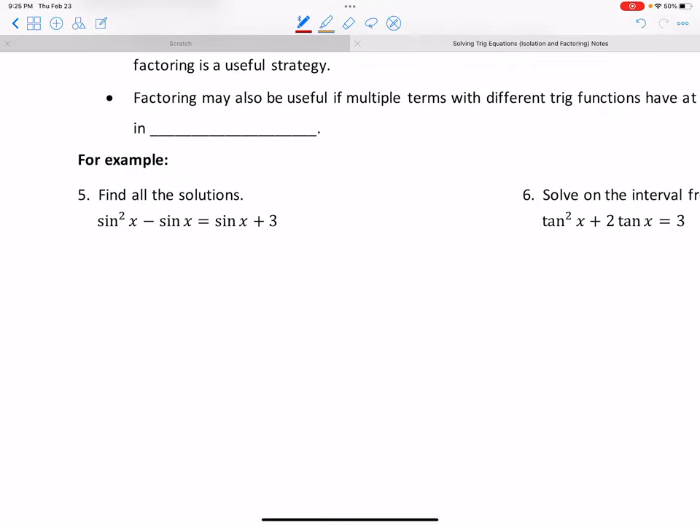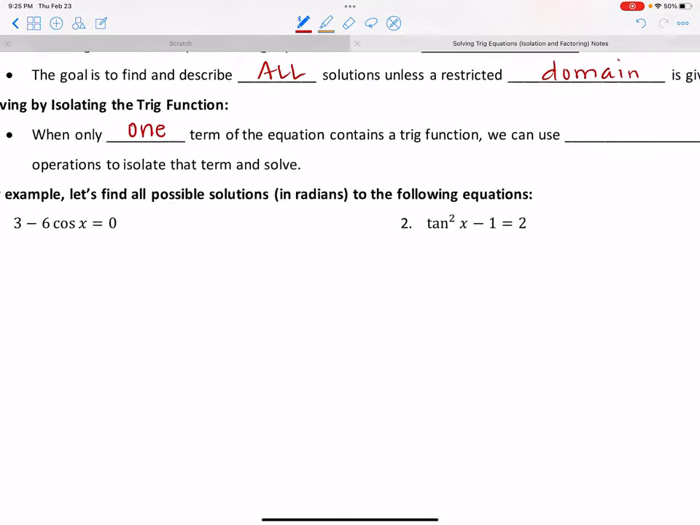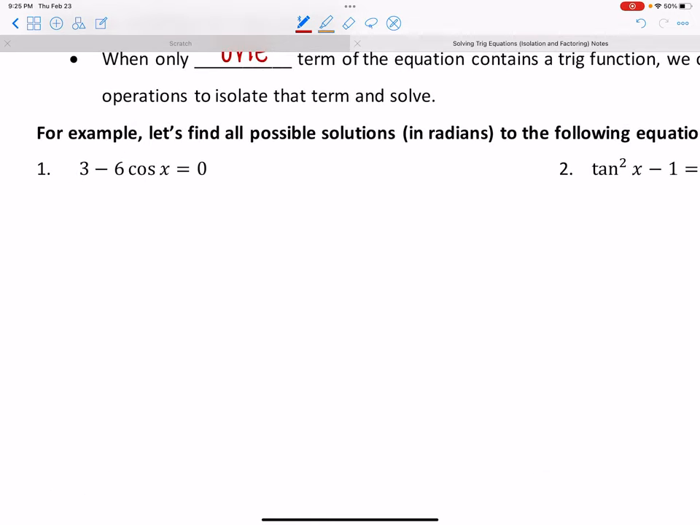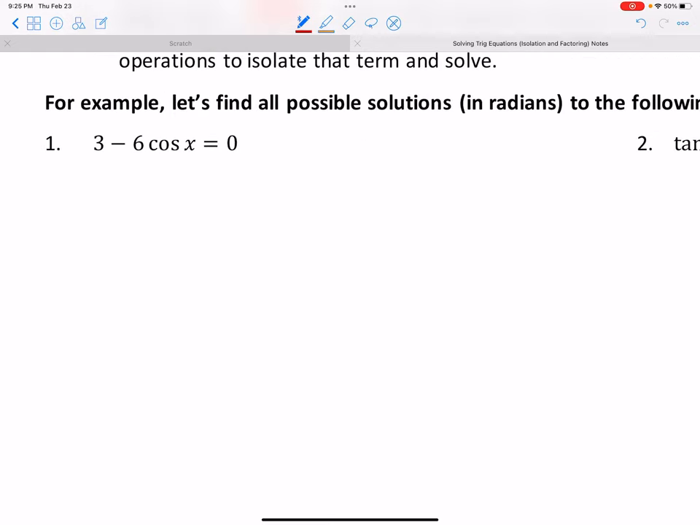Okay. Now when only one term contains a trig function, we can isolate that trig function, get it all by itself using inverse operations. In the same way we would solve for x, get x by itself by multiplying and dividing and adding and subtracting. That's what we're going to do here. And we've done a little bit of that already, so this should feel somewhat familiar. So for example, we're going to find all of the solutions in radians to these equations by isolating the trig